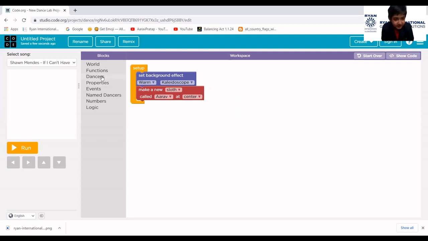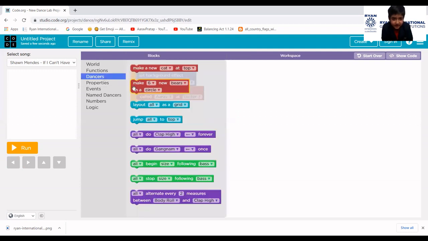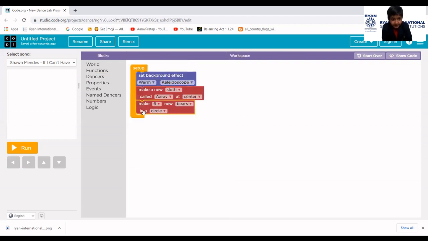Now let's go in dancers and see here, make 6 new bears in a circle. Drag that and place it here. Now you can see there is 2 till 20. You can choose what you want, like 13, 14, 16, anything you want to choose. It depends on you, not on me. So I will choose 15.